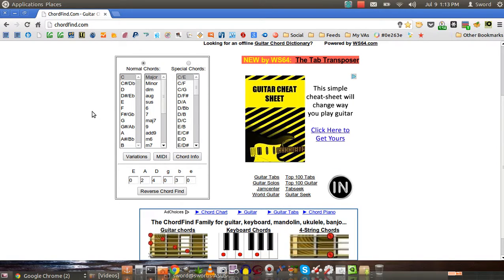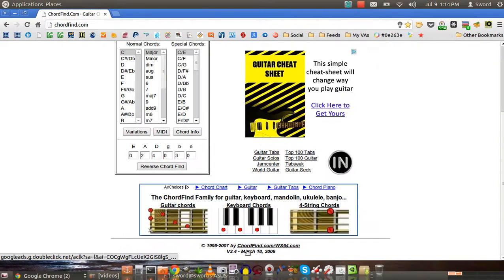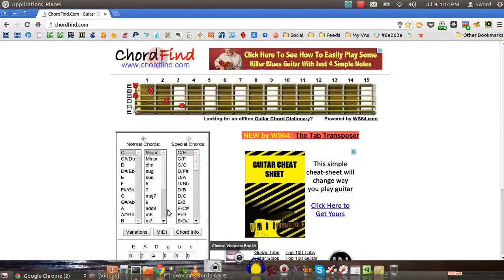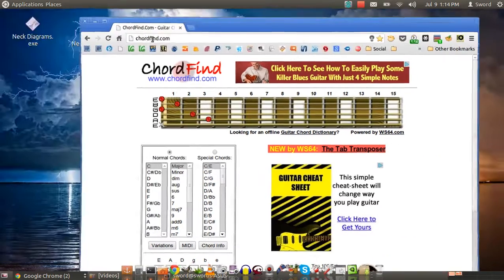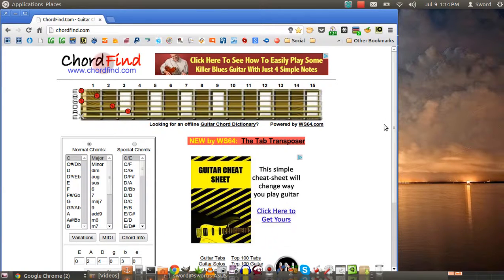alternative to neck diagram software that's free, maybe for personal use or for anything like that, maybe for something quick, this is Cordfind.com. Apparently it says they have a new tab transposer, which if it's new, I wonder how new, seeing as this only dates to March of 2006. But okay, so that's going to be it for this video. So that's Cordfind.com, and that is number 5, like I said, a great alternative